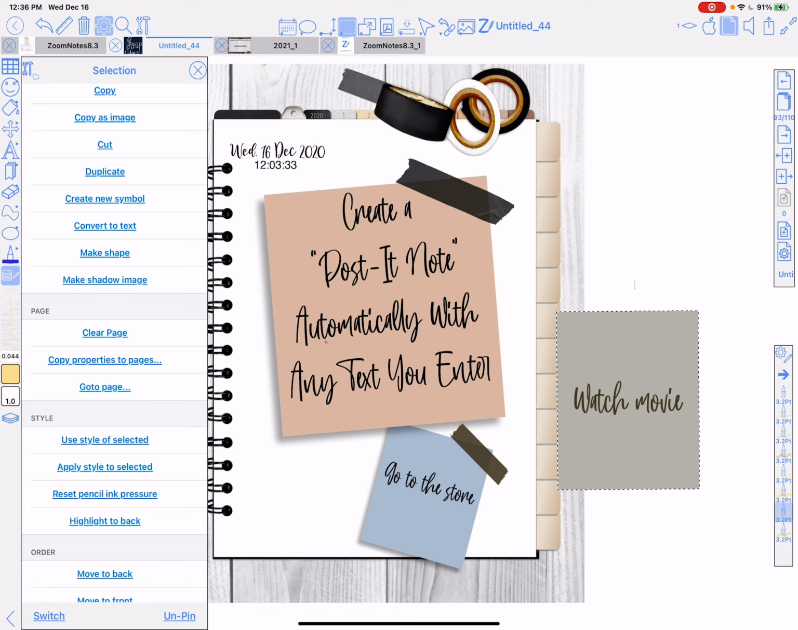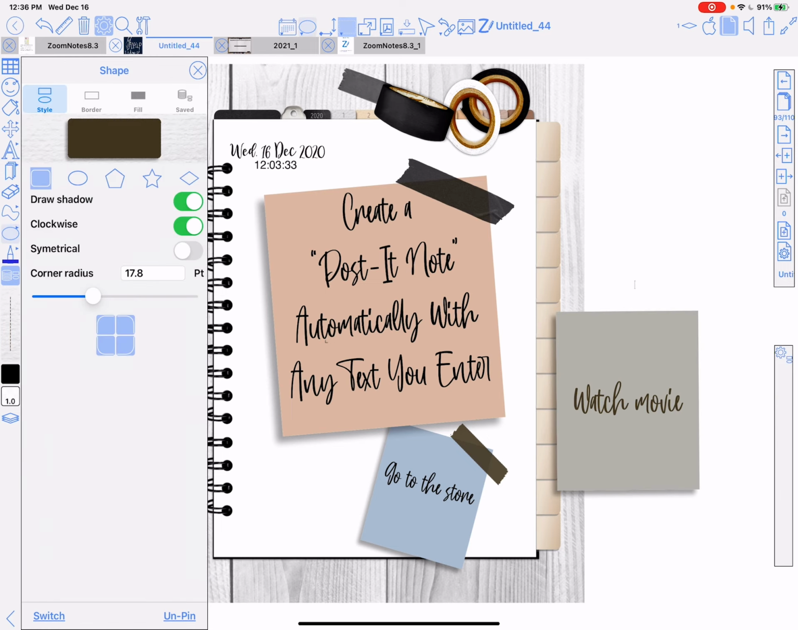Now I notice that I have some washi tape. Now this particular washi tape, the black, I bought from somebody, but it was before it became so stinking simple to create it here in ZoomNotes. Okay, if you go to the polygon, and it's brown right now. I like that color brown. And I'm going to turn off the corner radius. I don't need that. And then the border,